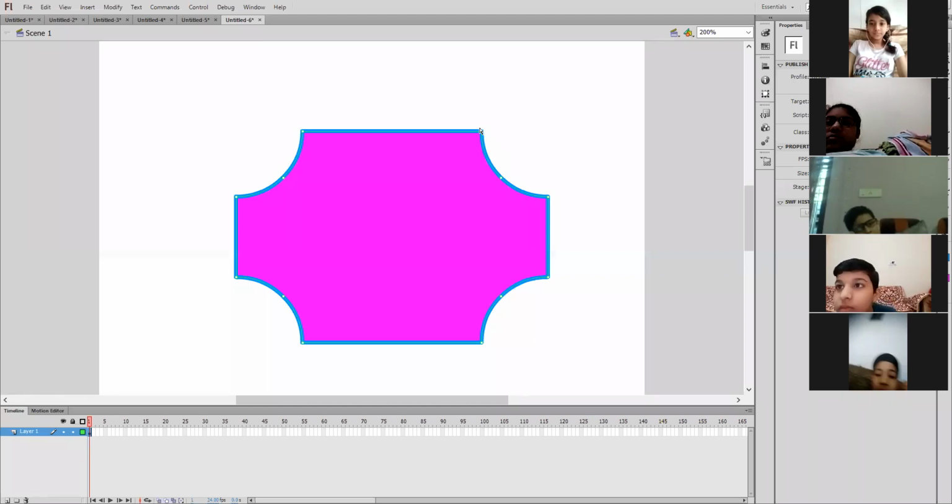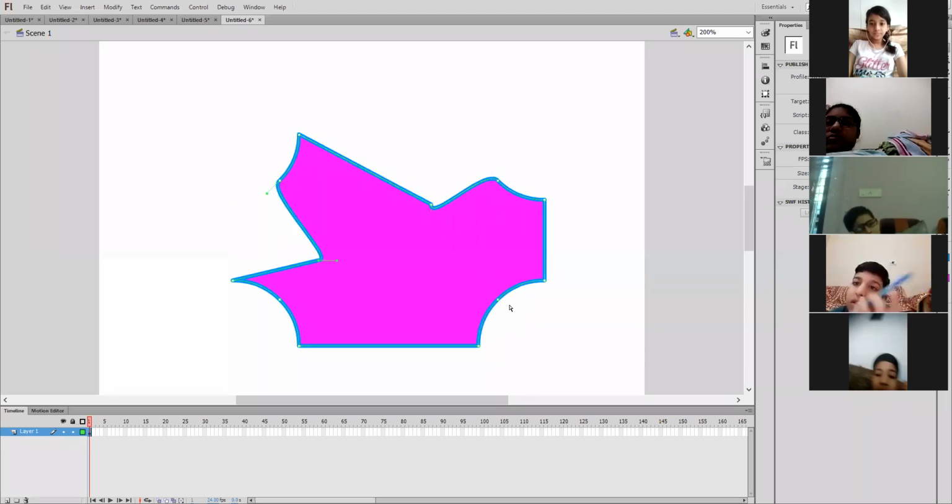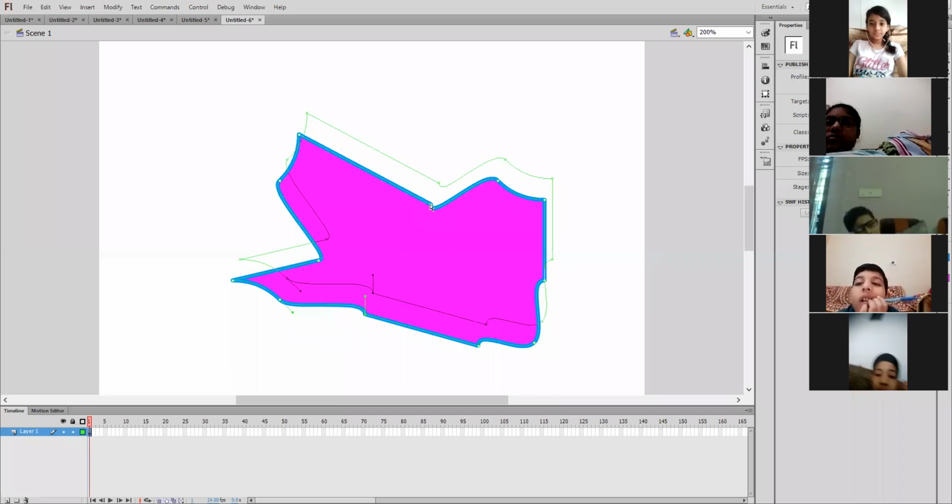Now, how does the sub-selection tool work? Just simply drag the node towards any side which you feel comfortable. You can make use of the sub-selection tool in this way. You can change the shape of the object by just dragging these nodes.